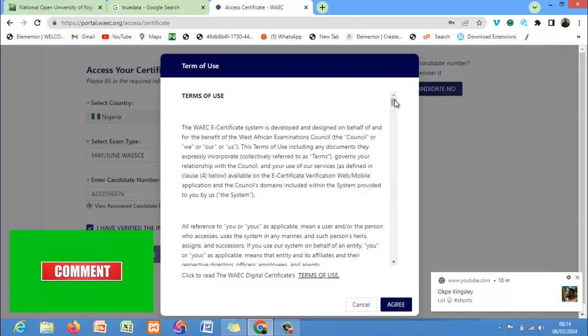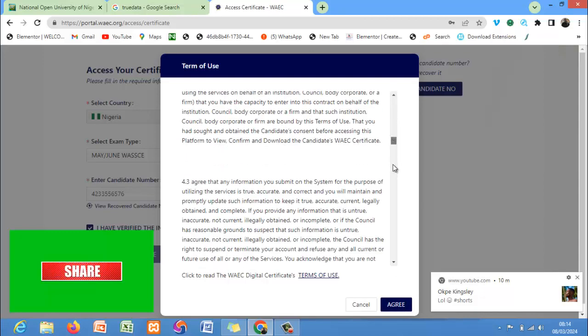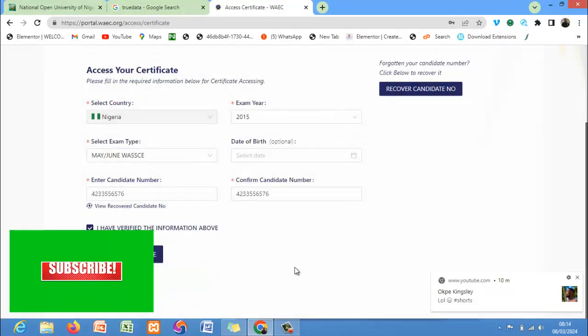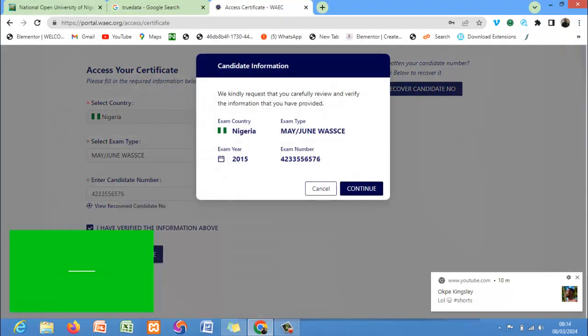But I'll advise you to read all these terms and conditions before you proceed. You understand? When you click on agreed, then you click on access certificate. Now it will preview it for you again, and you check if it is exactly what you want to continue with. So if everything is correct, you're